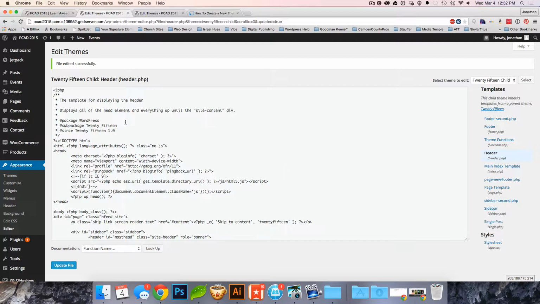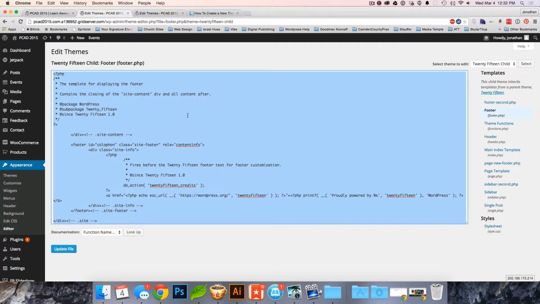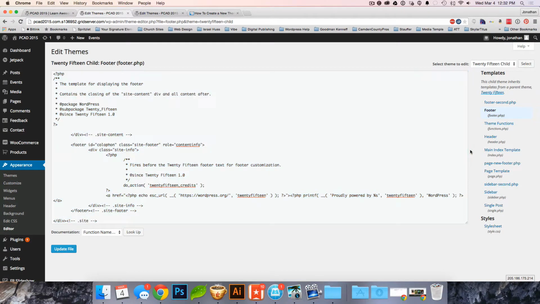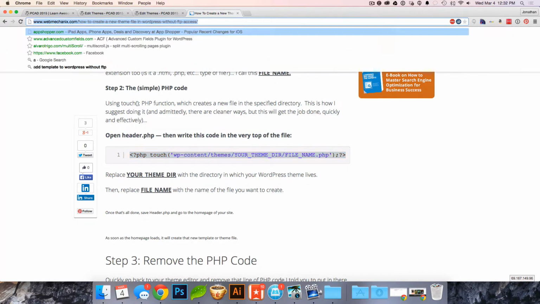So that's a little snippet of code that we're going to use, and then we're going to actually go in and edit these files. And what I'm going to end up having you all do is we'll grab our footer code because we're going to make some changes there. And we're going to grab our page template code, and we'll make some changes there. And we'll just do a couple things. So that's on for probably the first hour. The next thing I want to do is I just want to show you,